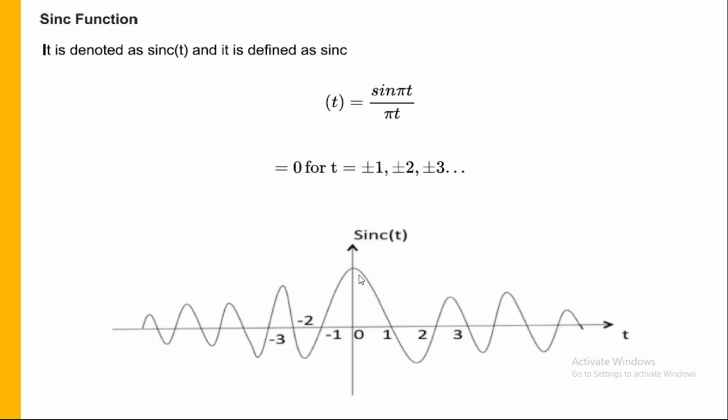Now observe this waveform, you can understand. Here you will get a maximum value. Here, when compared, this value is decreasing. And here, this is again decreasing. Again, this is decreasing. That means if you take the envelope of this, it is giving a maximum value at t equal to 0. As you go on increasing the value of t, it goes to 0. Such oscillations we call damped oscillations. This is a very good and important function. Most of the time we are going to use it in signals and systems. So we'll see the next function.